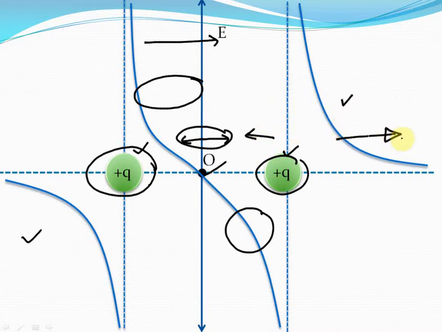In this area and this area, as you already know, the net electric field is like this, that is positive, and like this, that is negative, which is why you can see that to the left of this plus q charge here, the electric field is negative, and the electric field is positive to the right of both these charges. Just get the logic right and you will get all the graphs right.